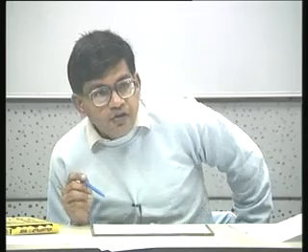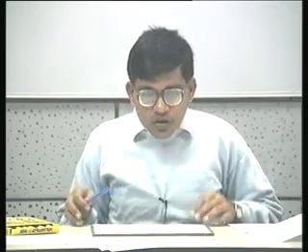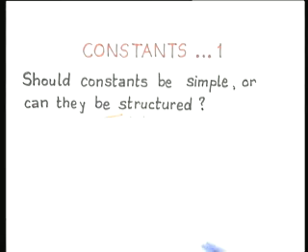quite a few. It's not a question of deciding, okay, we are going to have constants in this language, and then now let's set about implementing them according to this semantics. The point is that very often you have to look into the future to decide, if you allow constants of this type, can we allow constants of another type too? So, for example, the first question is, should constants be simple or can they be